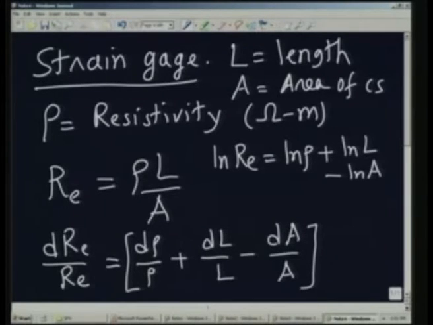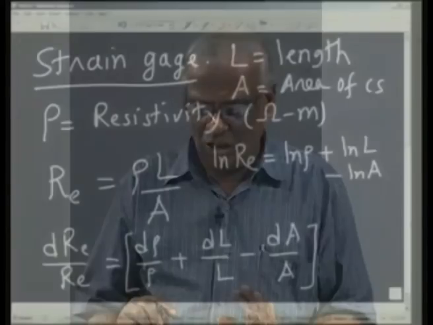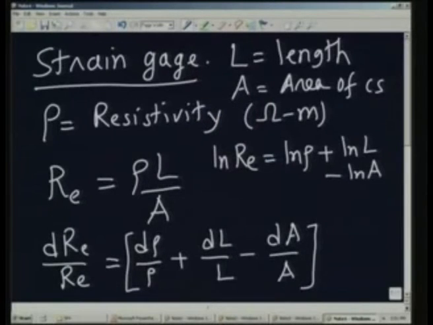What I am going to do in the measurement, using the strain gauge as a transducer for measurement of strain, is to note the change in the resistance with respect to the original resistance. It is just like strain, change in length divided by original length, which mechanically we call the strain. In the case of resistance, it is the change in the resistance divided by the original resistance. So, on the right hand side, the changes in these quantities lead to a change in the resistance. This is the basic theoretical framework on which the strain gauge is going to work.